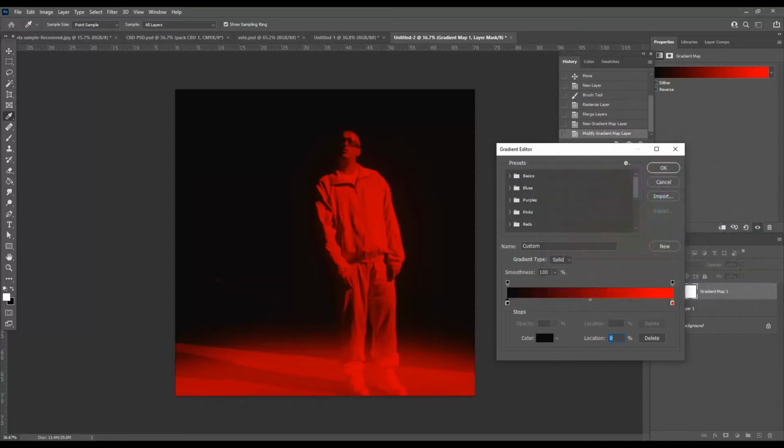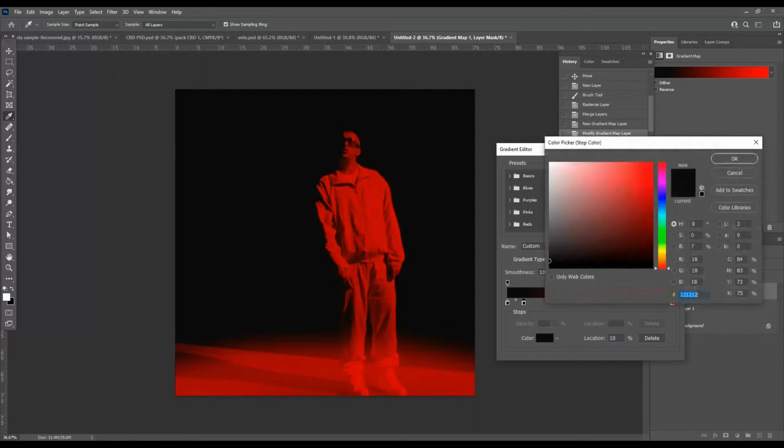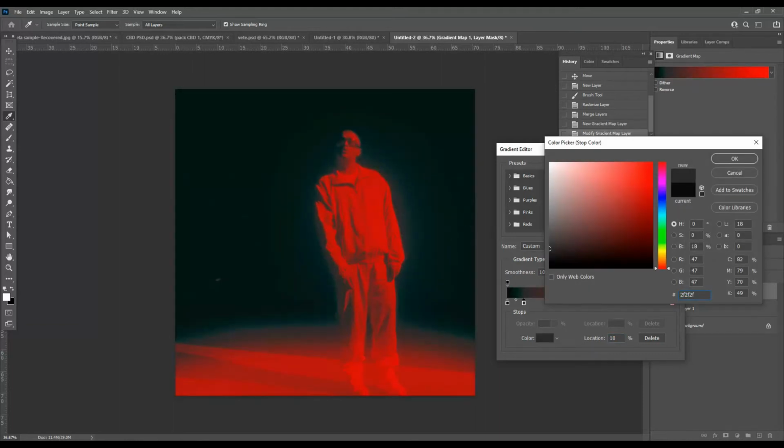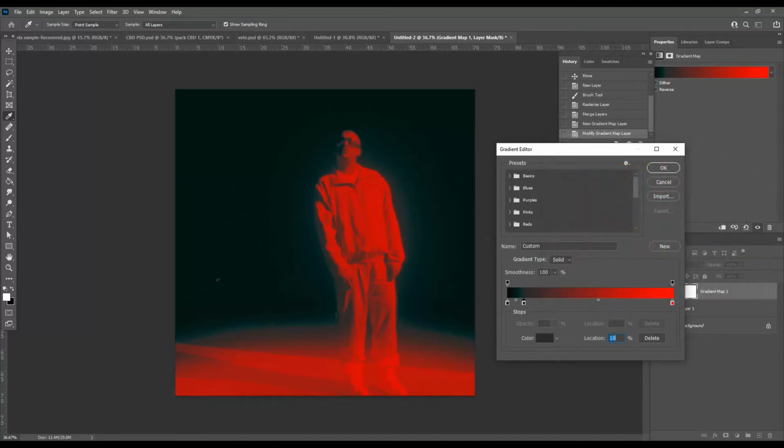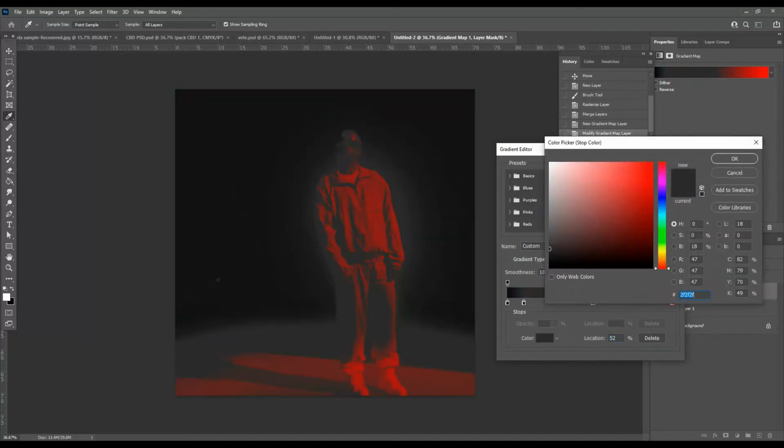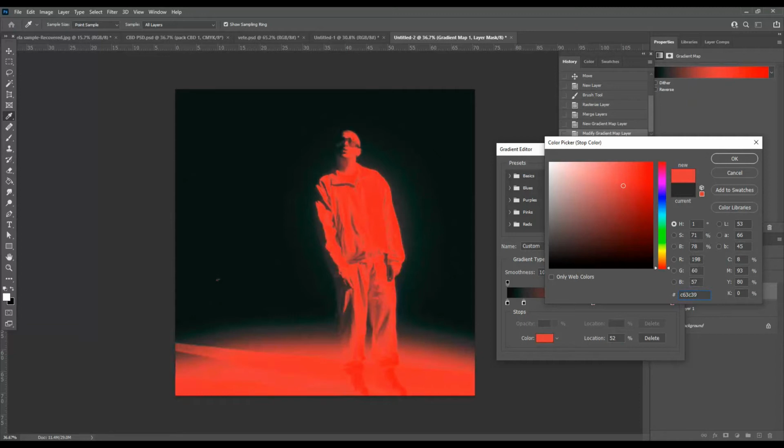like this. And what you want to do now is you want to click right beneath the gradient and it will create this new square. Go down to color and change the color to a bit of a more grayish color, like this. Now what you want to do is click again and it will make another square. Click on color again, and I'm going to use this color, which is C63C39. You don't have to use exactly this one, but this is the one from the original cover, and press on